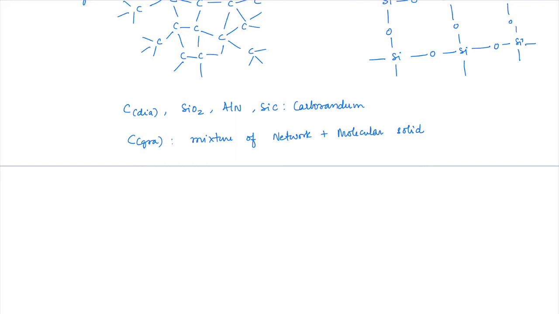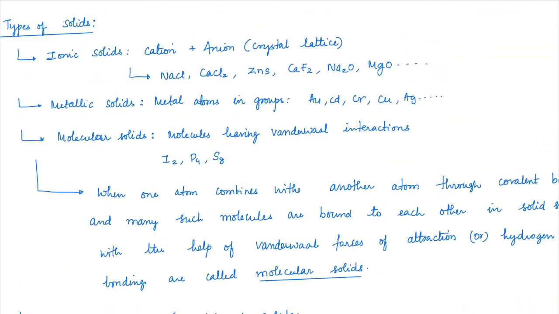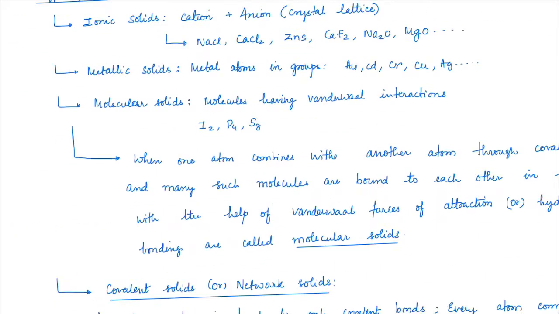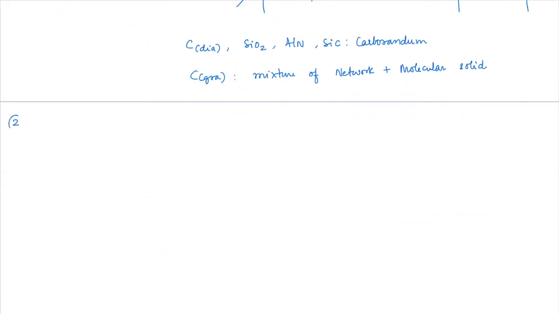As we go towards group 14, we'll be discussing in more detail how the graphite structure and diamond structure look like. As of now, our objective is only to distinguish the types. Have you guys understood this, right? So the first thing we have learned is the physical state and the types of solids. Second thing we'll learn is about melting point and boiling point.